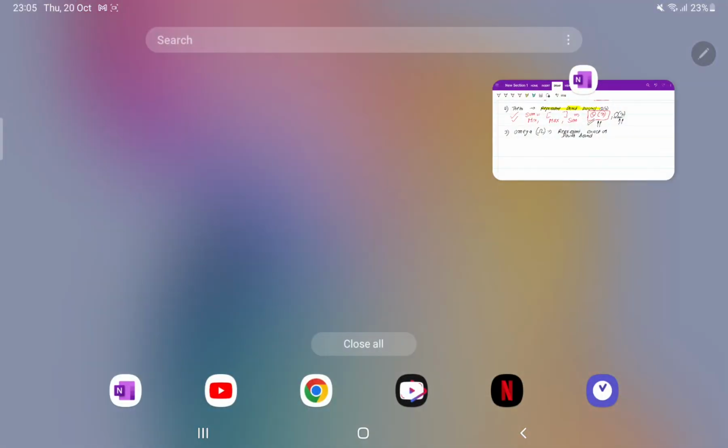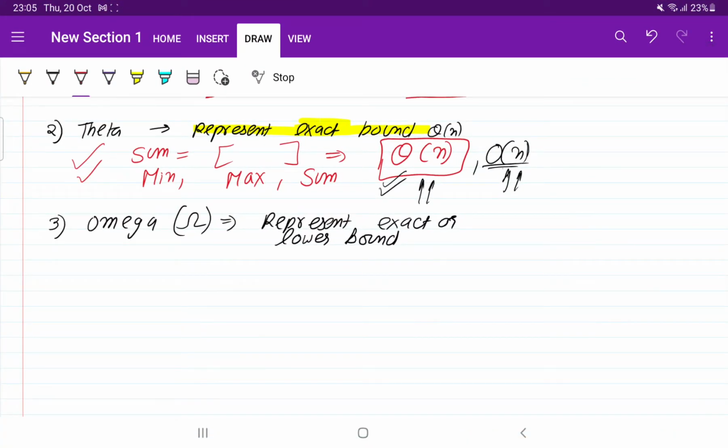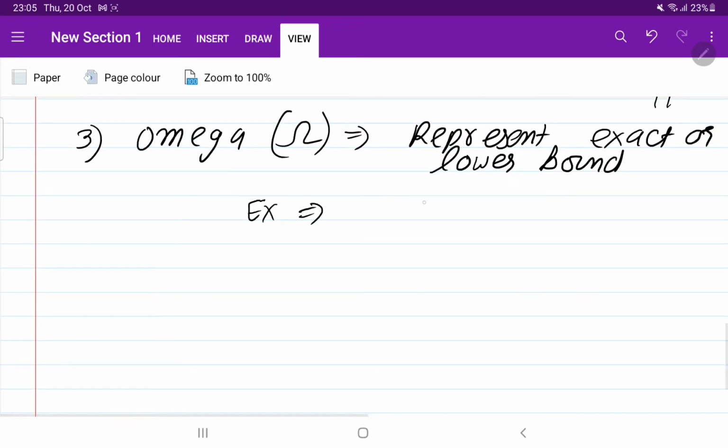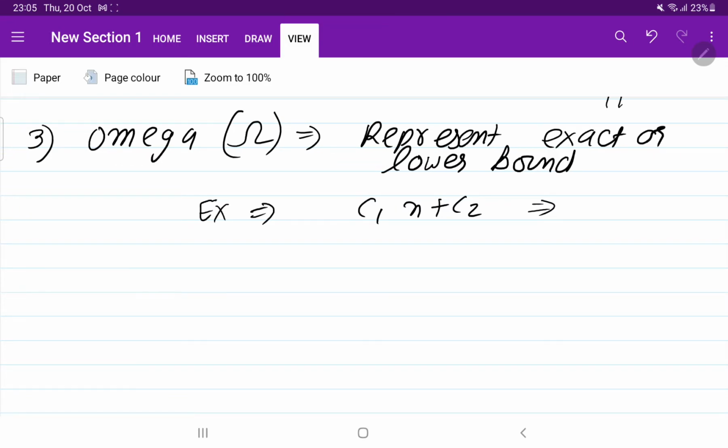So what is omega? Omega represents the lower bound. Lower bound means, suppose a function is given like this, as an example, c1n plus c2. This function also represents the exact and the lower bound.